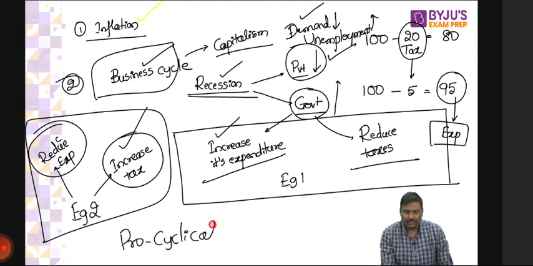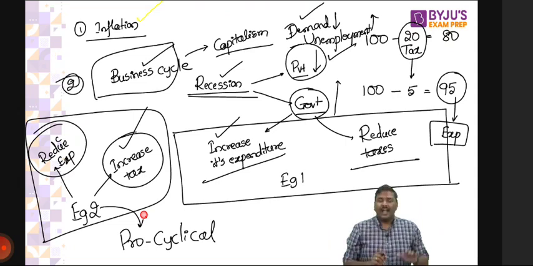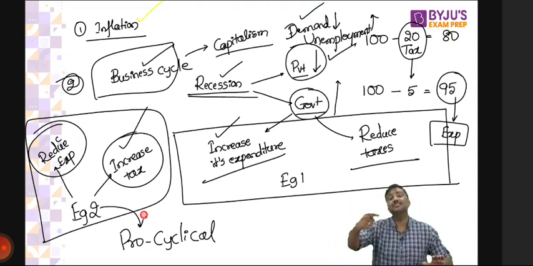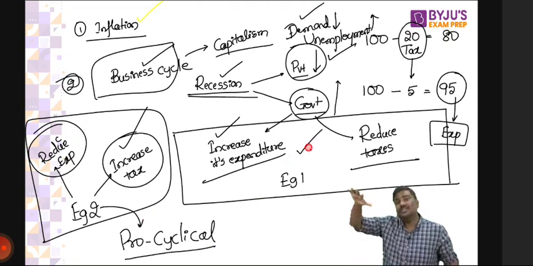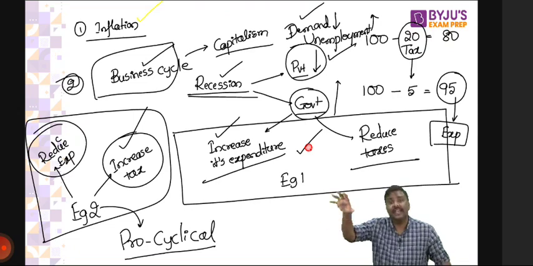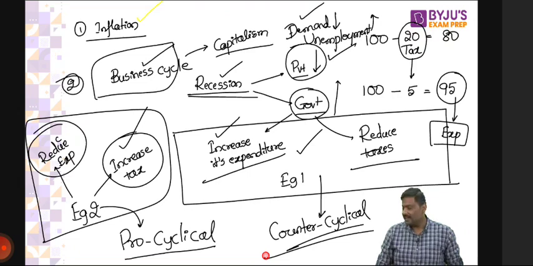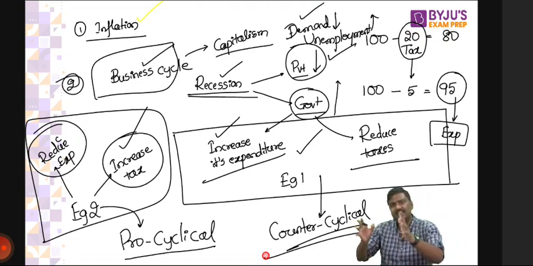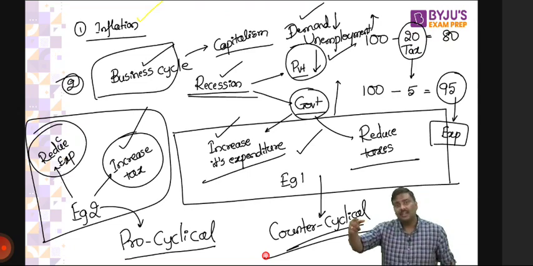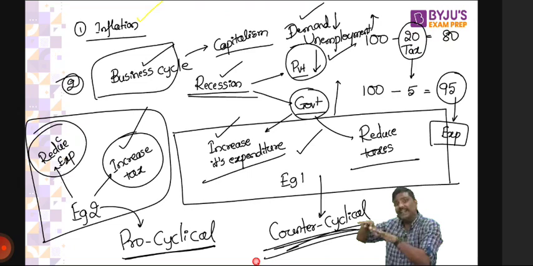In this example, what is the situation in the economy? A recession. And the policy of the government, is it not making the recession much more severe? Yes, hence pro-cyclical. And if government policies reduce the severity of the situation, such policies are referred to as counter-cyclical. Any difficulty, please do let me know. Whenever there is a certain phase in the economy, if the government policies make the phase much more intense, that is pro-cyclical. And if the government reduces the impact of the phase, that is counter-cyclical.